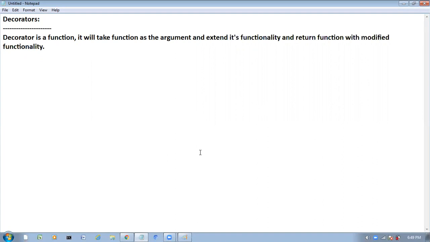So now, next, observe very carefully. Here I am going to write one function, def message function, and I am taking name as the argument here.